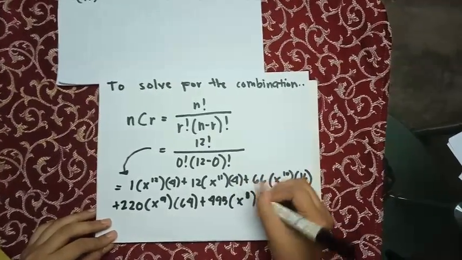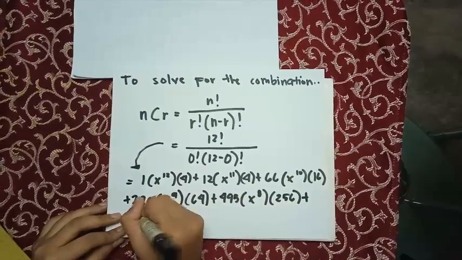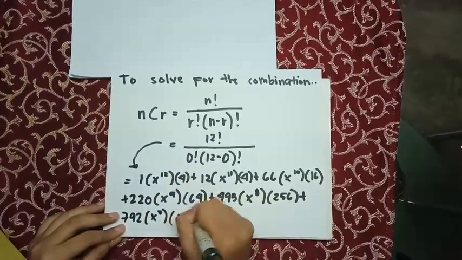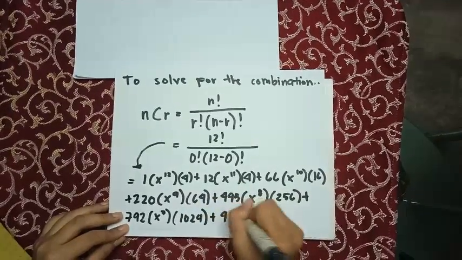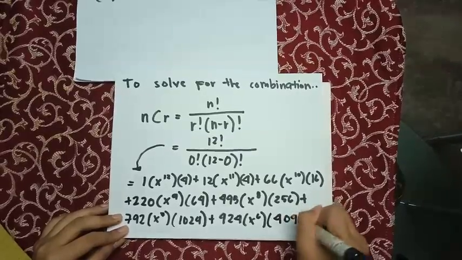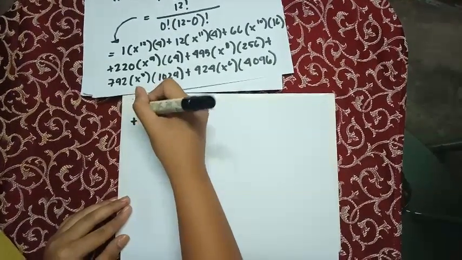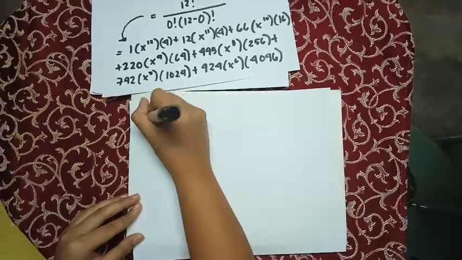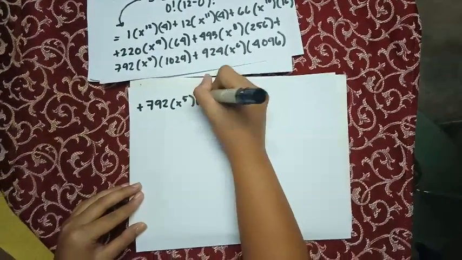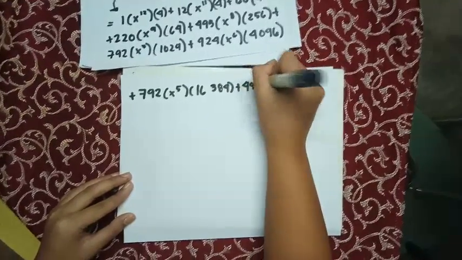plus 924 times x raised to 6 times 4096, plus 792 times x raised to 5 times 16,384, plus 495 times x raised to 4 times 65,536, plus 220 times x raised to 3 times